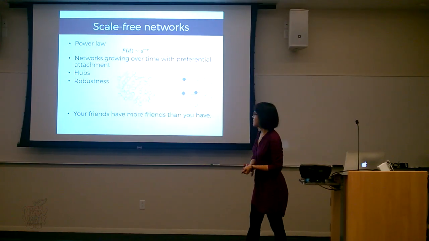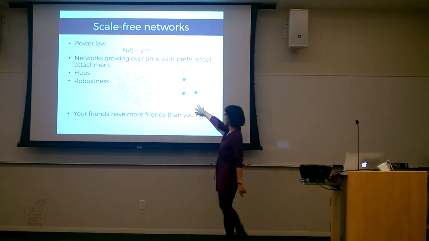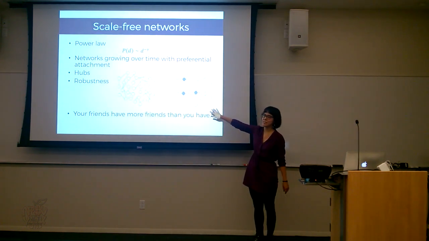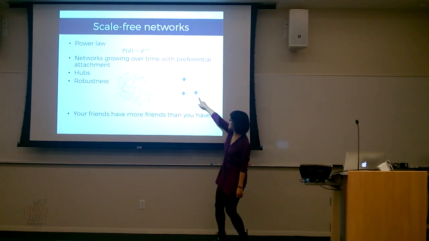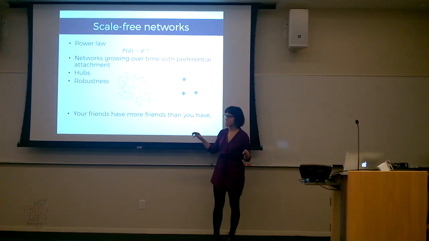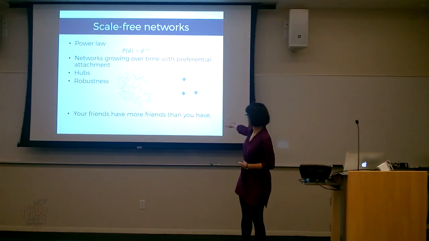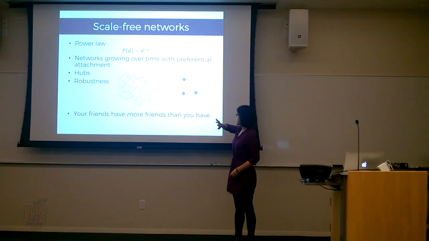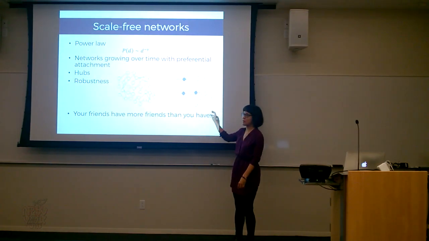And this kind of network, this is just a random network. This is an example of a so-called scale-free network. And you can see that they are characterized by nodes that have larger degree than others. And these are so-called hubs. And they cause this network to be very robust with respect to random dropouts.